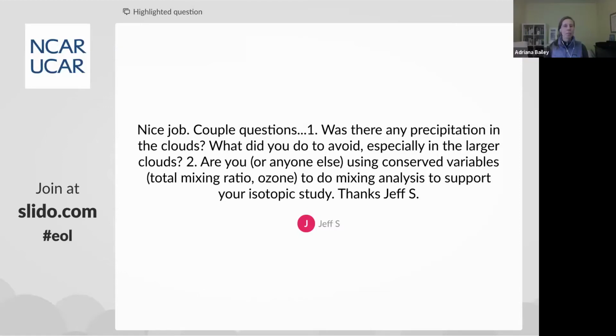Yeah, thanks for these questions, Jeff. There was some precipitation, and you could actually see that a little bit in the isotopic diagrams too. With this more effective rainout, one of the things that the orange-red line shows, the effective detrainment height line, is essentially a sense of how effectively the system is raining out water back into the boundary layer.